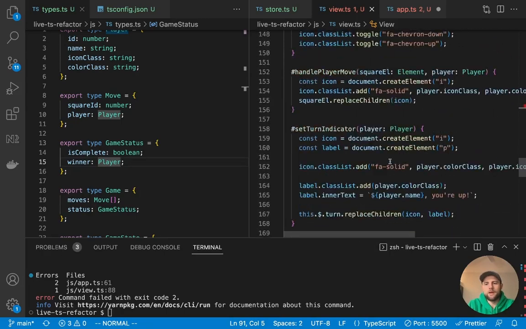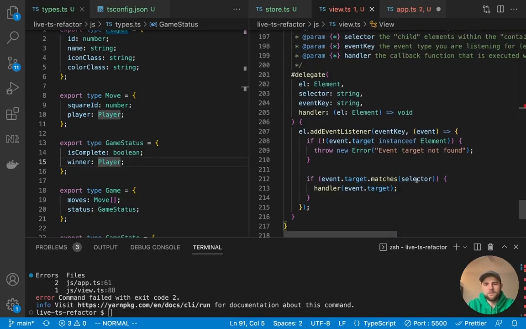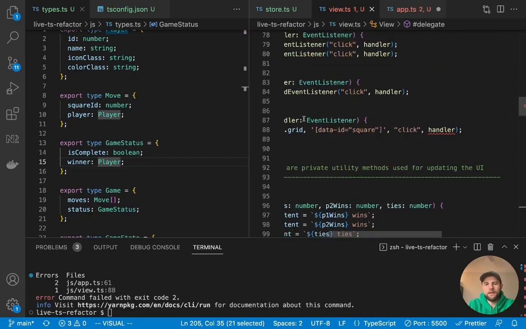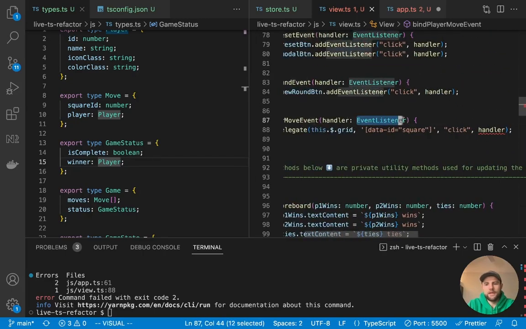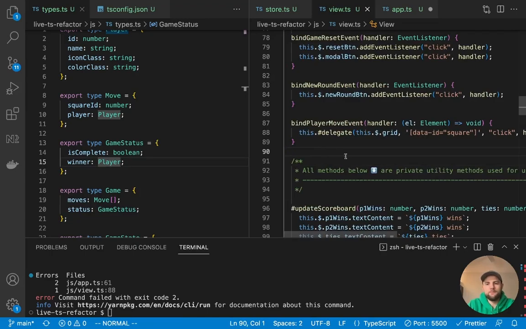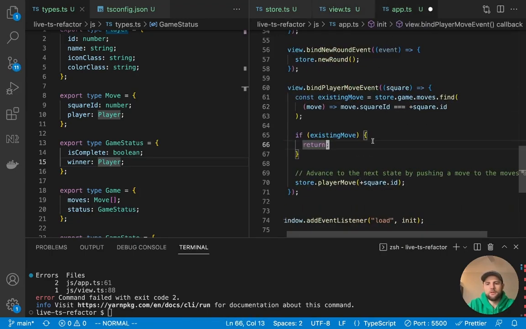And if you remember down here, I made that same mistake where I was incorrectly typing the handler. So let's copy this handler type. And instead of event listener for the handler, it's just going to pass a function with the element that it selected. So now we come back and these type errors are fixed.